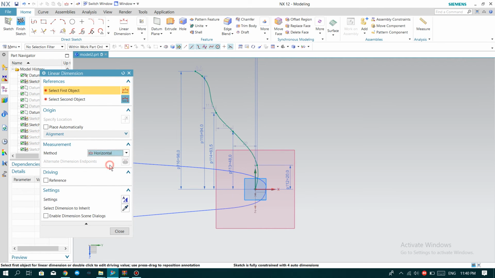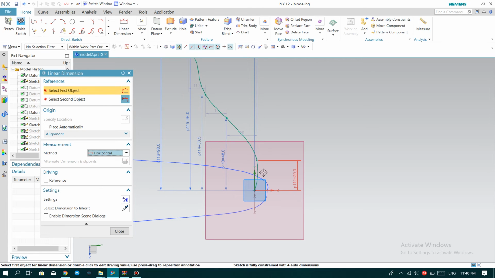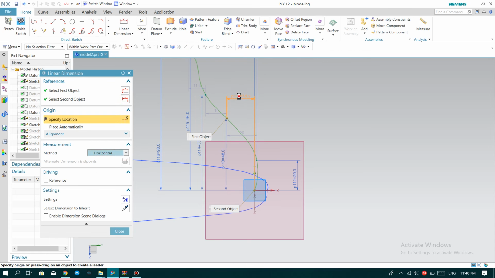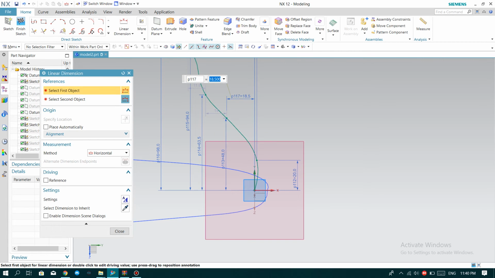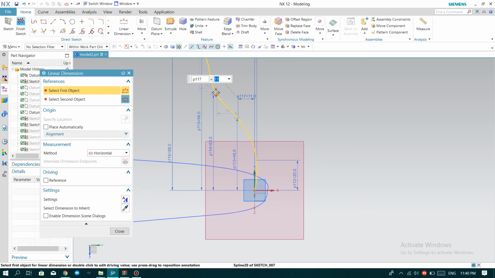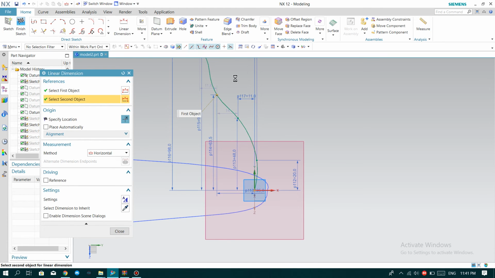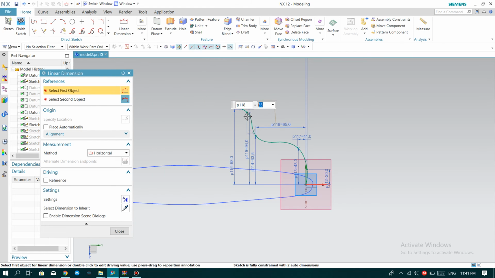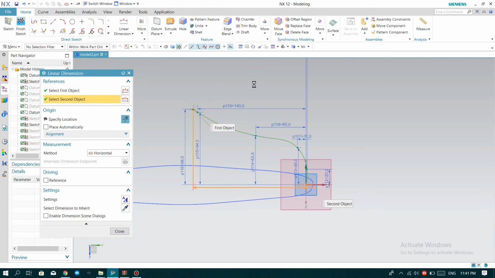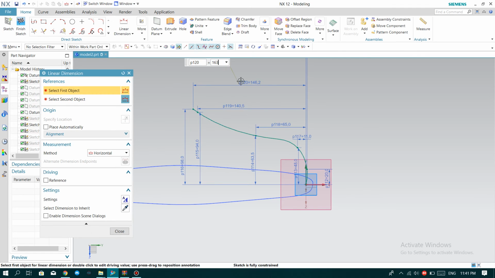And go to set the horizontal line. Okay, this point and this point 11, and this point and this point 65, and this point is 140.5, and the last point is 163. Okay,